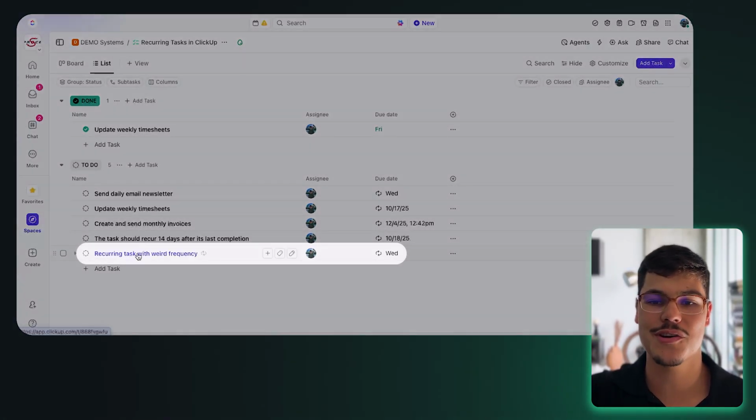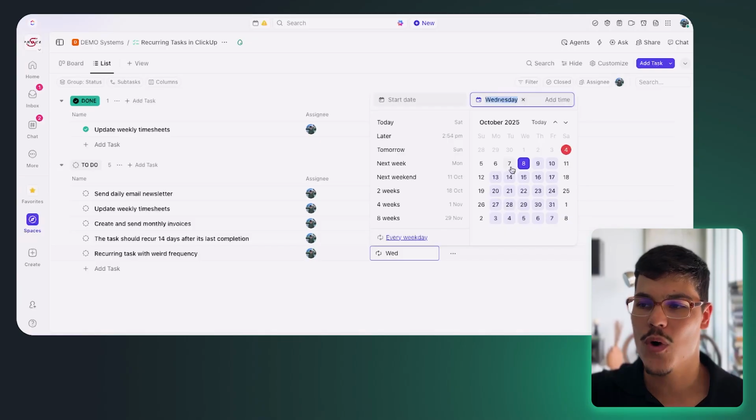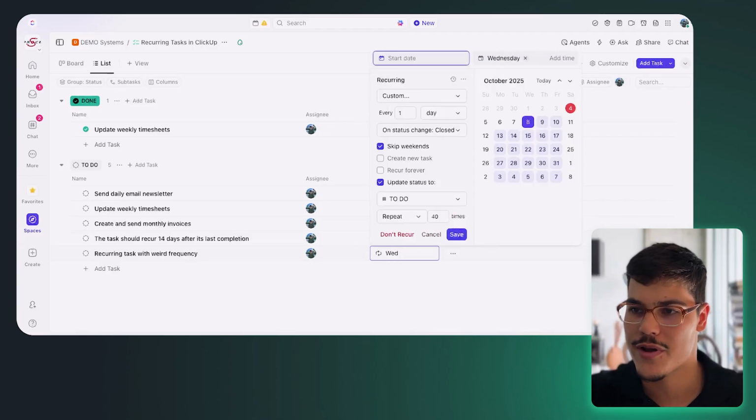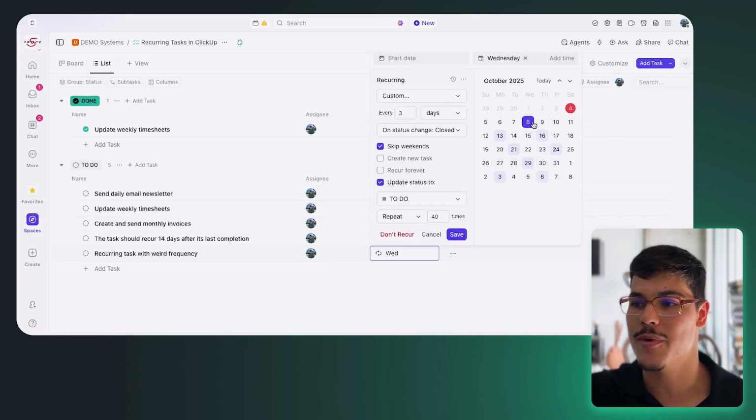All right, so this is the recurring task with weird frequency, and this is the Wednesday, the due date. Again, we could probably put something a little bit more flexible and a little bit more weird in terms of the recurring settings, but again, we just selected the easiest path. We can just say 3 over here, and again, we can modify it a little bit more, but just not to take a lot of your time. Again, you can play with this yourself and see what suits best to your specific workflow